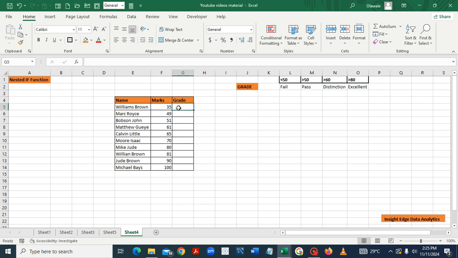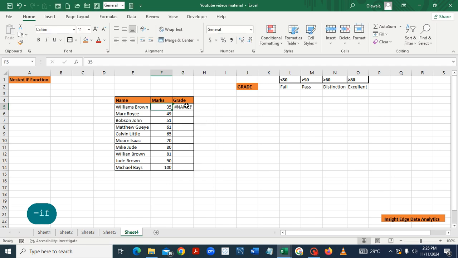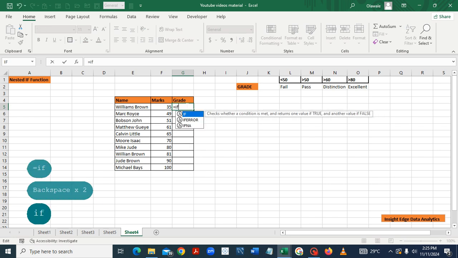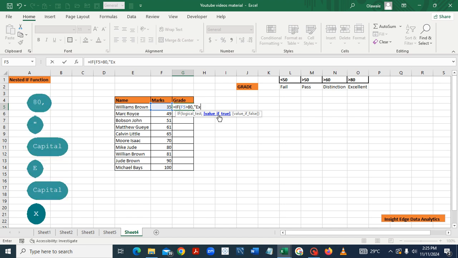So let's see, that will be equals to if, this mark is greater than 80, comma, value if true, which is our next argument. That will be excellent. So I'll put excellent in this regard. Now, comma, now this one is value if false, but since I'm making use of nested if function,